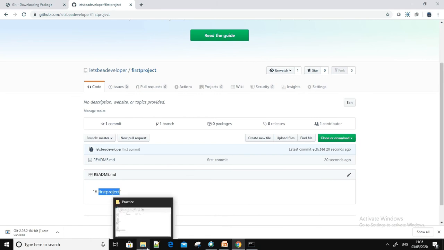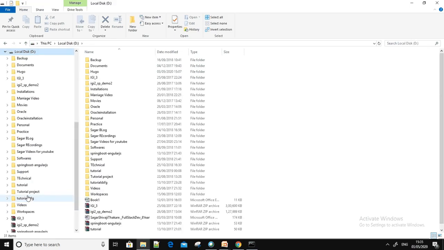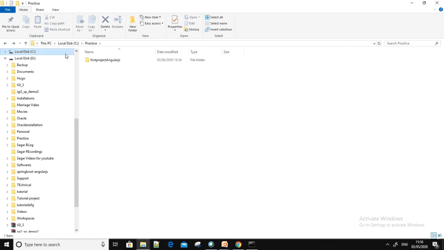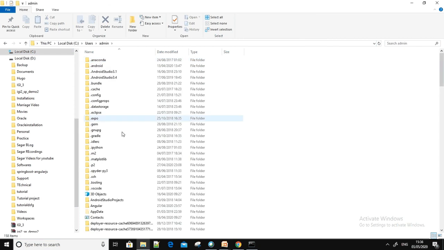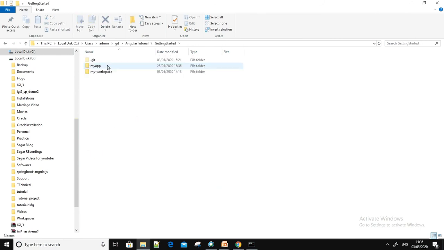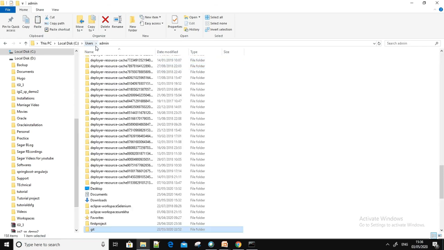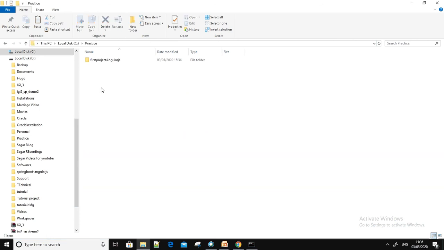Next question: if the repository is created and you already have some things which you have coded, you can go to your changes. If you have created the first project like we did in the last session, I'm going there. I'm copying my app, this is the app I have created, and then I'm coming to the first project that I have created and copying it here.